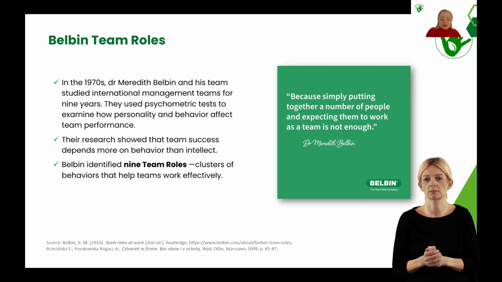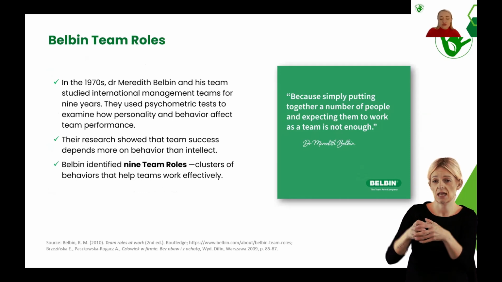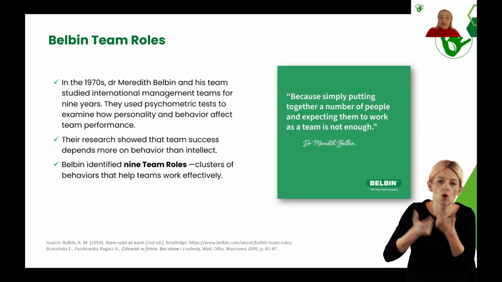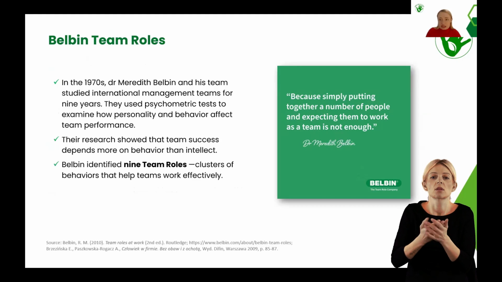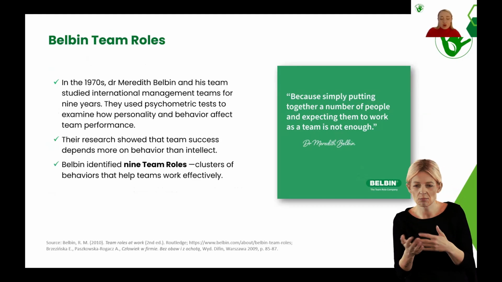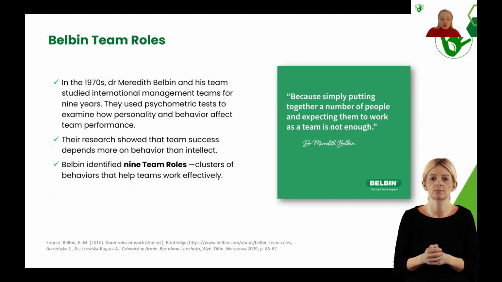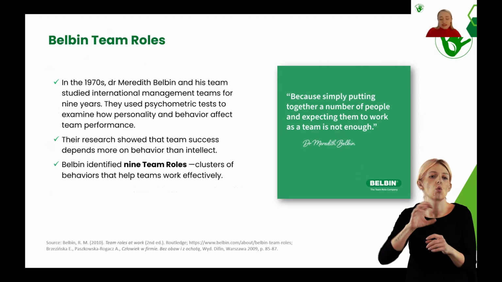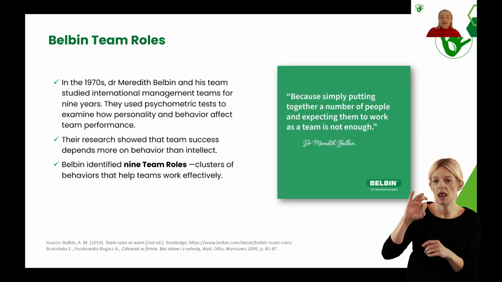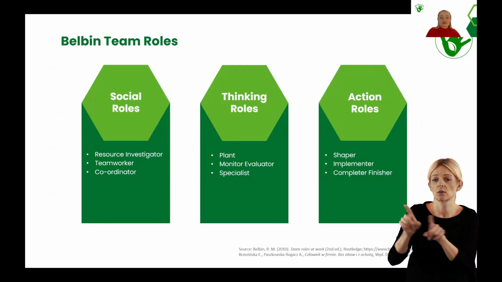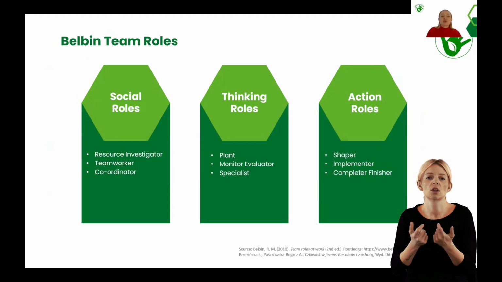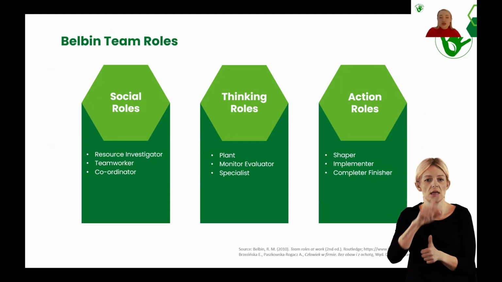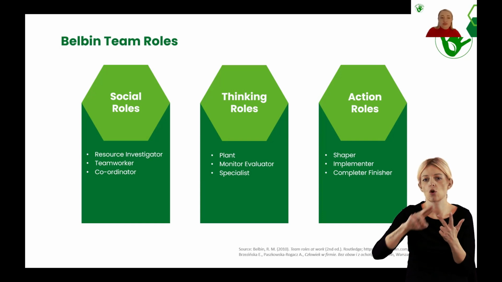When working in a team, it's natural for team members to take on different roles, being better in some areas and weaker in others. One of the typologies describing group roles was developed by Belbin. The author and his team identified 9 group roles. They were divided into 3 types: social roles, thinking roles, and action roles.